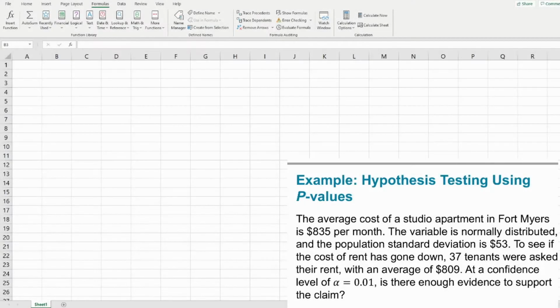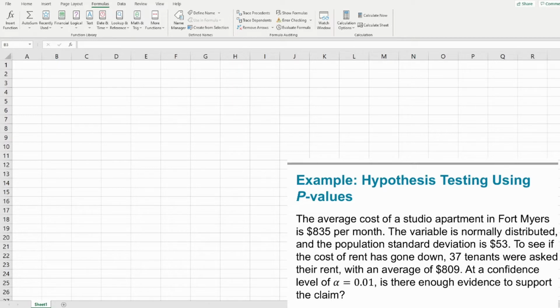Now we're going to look at how we can compute a z-test p-value using Excel. And I'm just going to say in advance, we have to be a little bit subtle, a little bit clever about what we're doing here, because the z-test function in Excel isn't designed for this type of approach. Anyway, here we are working from a data set where we have an average of 809 from 37